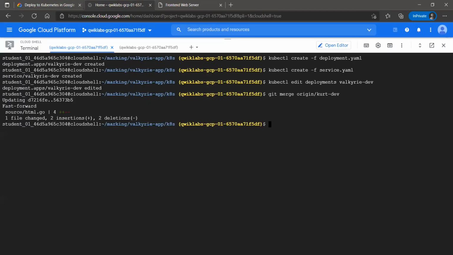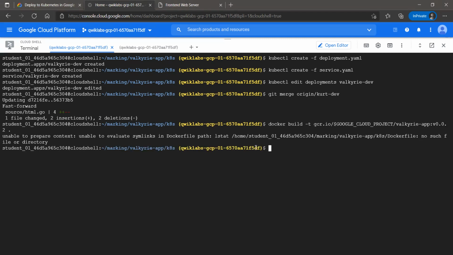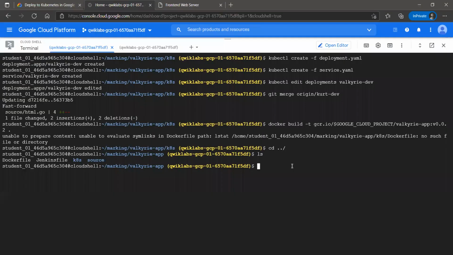For that, we need to run this command. Just a second. Yeah, simply this was a mistake from my side that I tried to build a Docker file in the K8 folder.